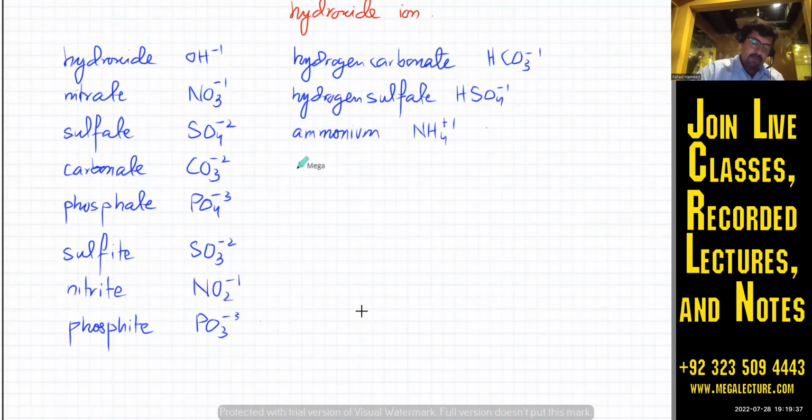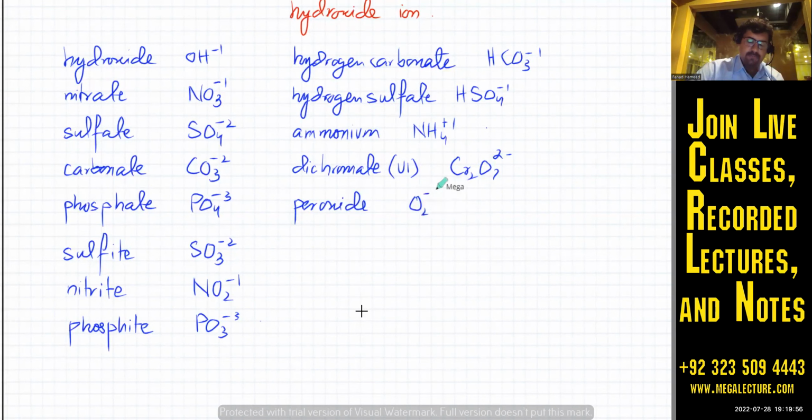Let's do some more. You've got dichromate(VI). These are not that important, but dichromate(VI) is Cr2O7 and it's got a charge of 2-. You've got peroxide, that's O2 with a charge of -2. Yes. You've got